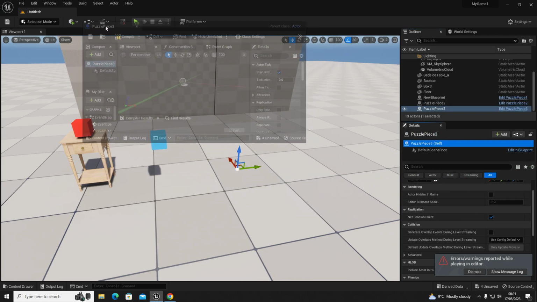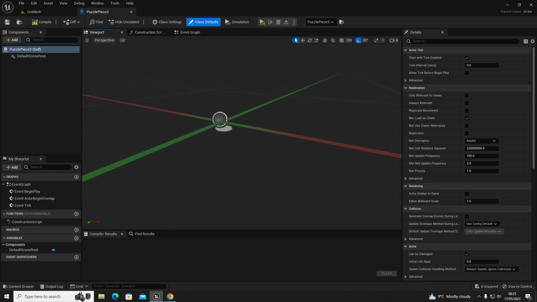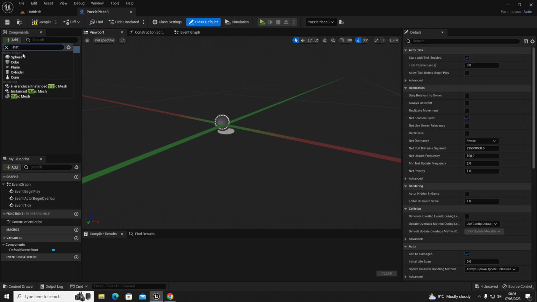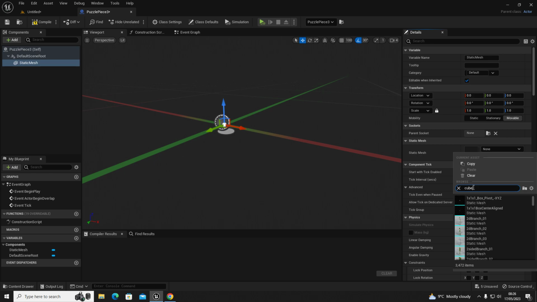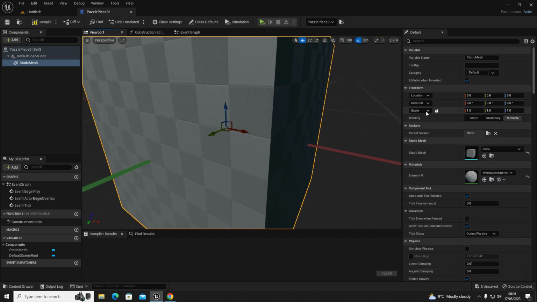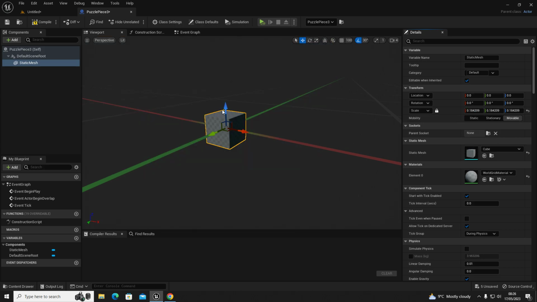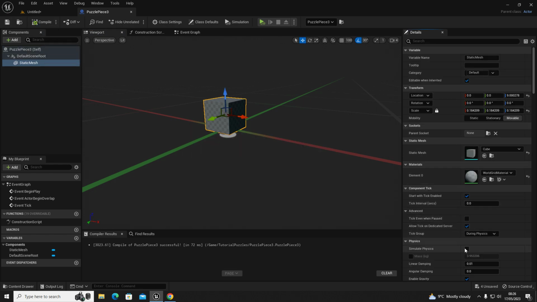Drag this over to here because it's on the wrong screen. And then what we're going to do now is add another static mesh, just like this. And this is going to be our puzzle piece 3. So we go cube, scroll down, I'm going to take our static cube, and then we've already got our scale in our copy and paste, so we can paste, drag that up so it's off the floor. There, compile, save, simulate physics,